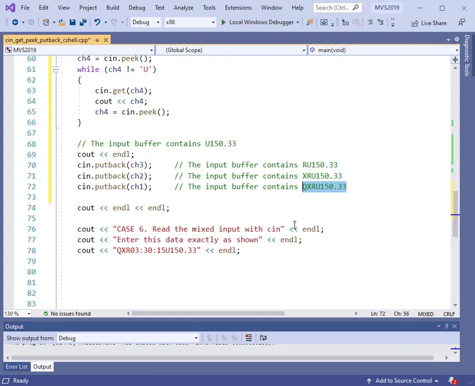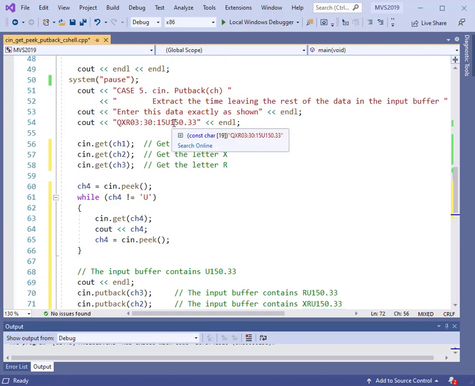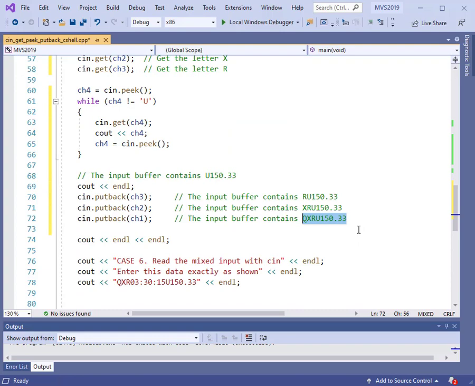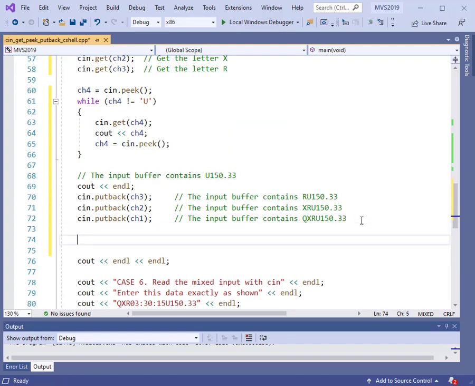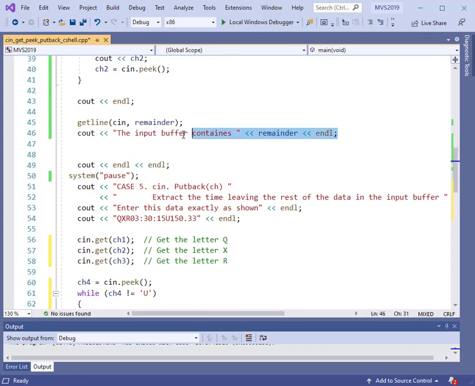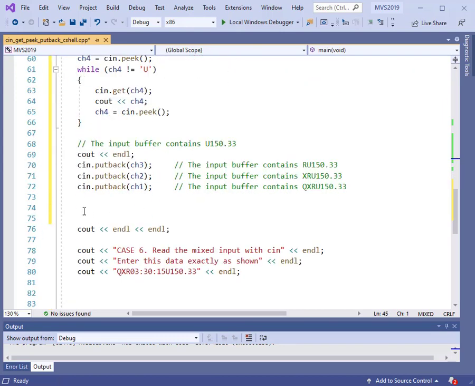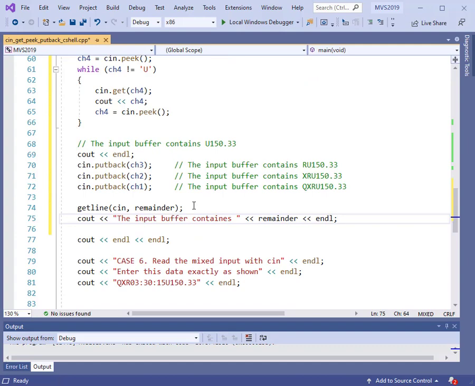So that's a pretty powerful operation that you have. In this case, we have preserved all the information in the input buffer, but we have extracted the time part and printed that out to the screen. Now, to prove that we have left this information in the input buffer, let's read it with getline and print it back out to the screen. And we can borrow the 2 lines of code that we've already written for that from the previous case, and we can paste that in here. So we'll get the remainder, and then we'll print that out to the screen,